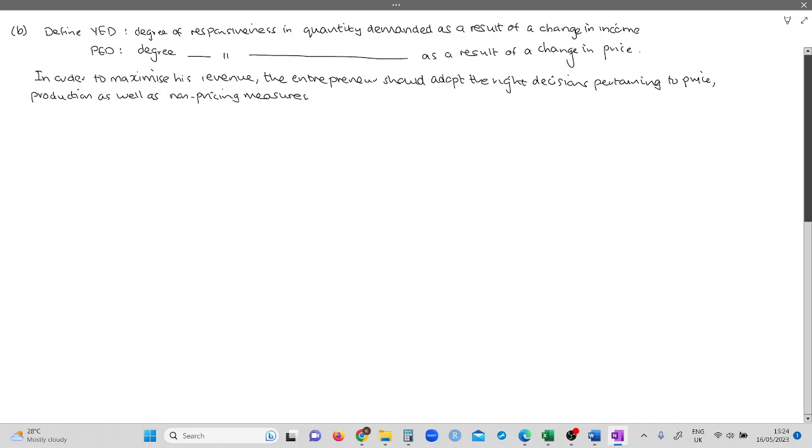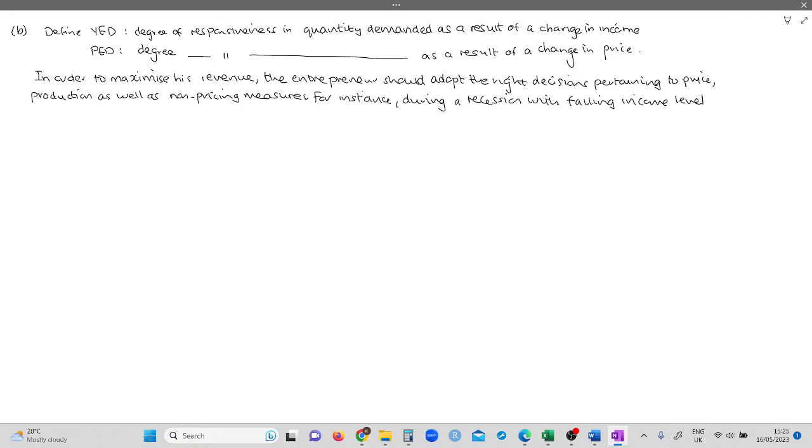So, for instance, during a recession, as mentioned in the question, with falling income levels, for an entrepreneur who is selling a normal good,